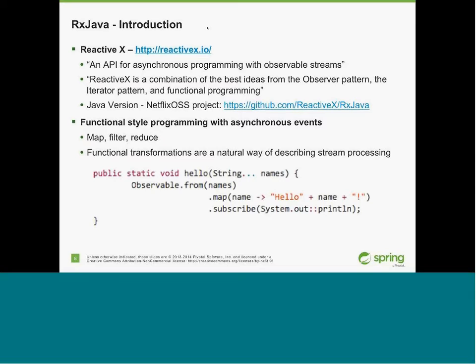And it combines ideas from various domains, the observer or iterator pattern. They're sort of duals of each other, as well as, most importantly, functional style programming API. During the course of the history of the Reactive Extensions project at Microsoft, it branched off to be supported in a variety of different programming languages. The Java version of that which we use is called RxJava, and it's primarily developed by Netflix as open source